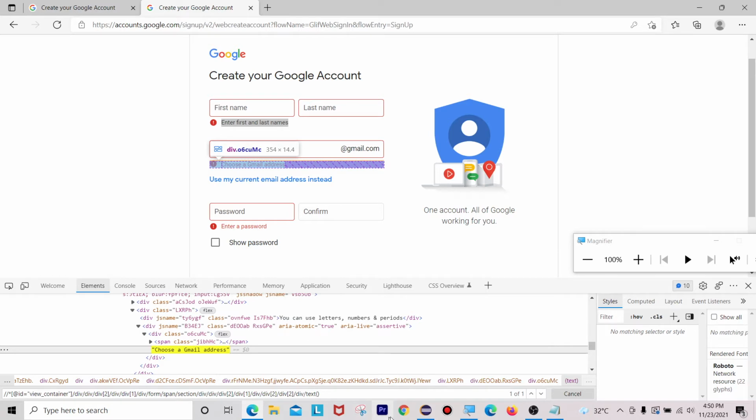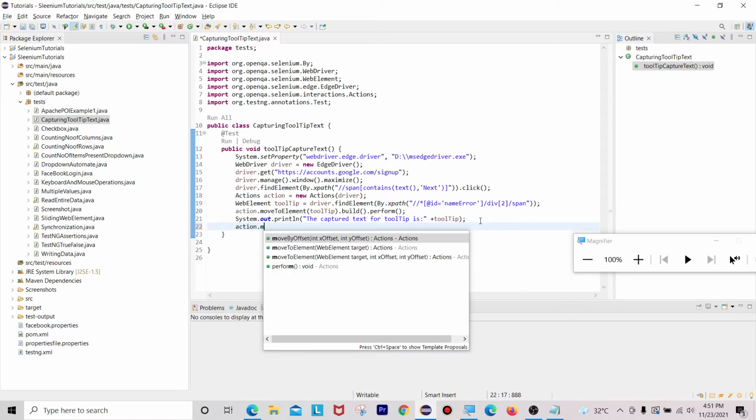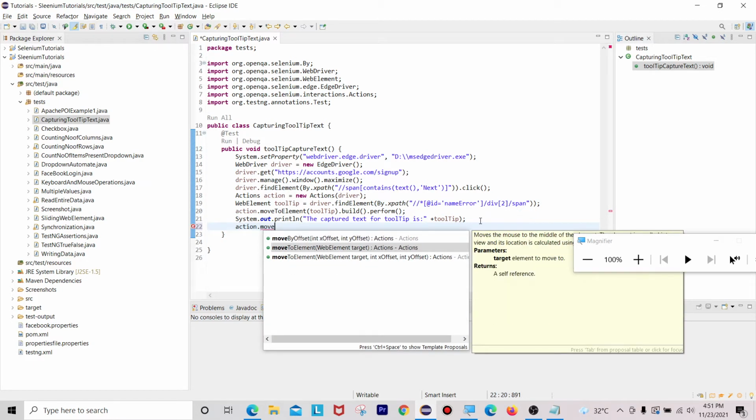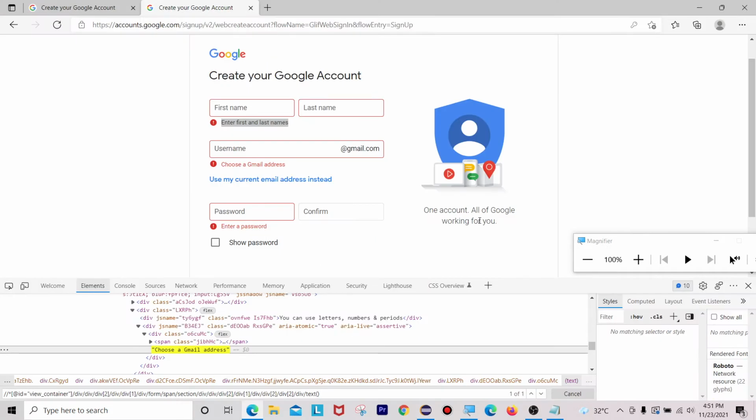Now let me quickly go to our class. Here I'm going to use action.moveToElement, where the web element is our target. Before that I have to initialize that particular web element, which is our username.